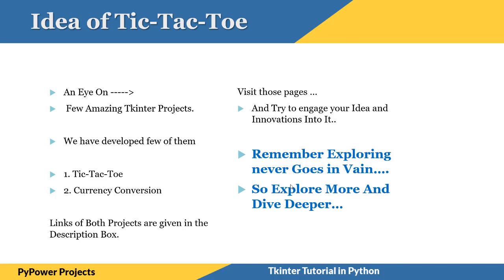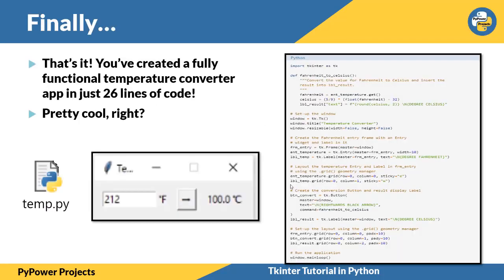We need to explore more. The more we explore, the more we can learn. There are certain more features, like you can display a message box. Sometimes if you enter an invalid value or there is a certain result, for example, you are playing a game and some player wins, there is a pop-up message: Player 1 has won the game. It should blow the user's mind. So there are also certain more features. It is not just that you create these simple applications, but this is a beginning. Up to the beginner level or somewhat intermediate level, you should know these things of Tkinter.